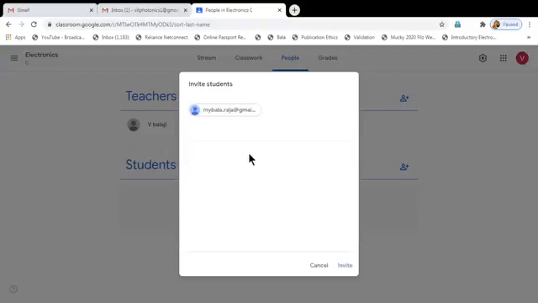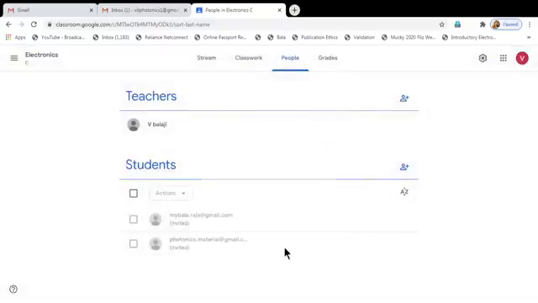So I am inviting. I invited two students to join in this class. I give the invitation. The invitation so far not accepted, right? So just to show the demo, I am going to log out from this mail ID.